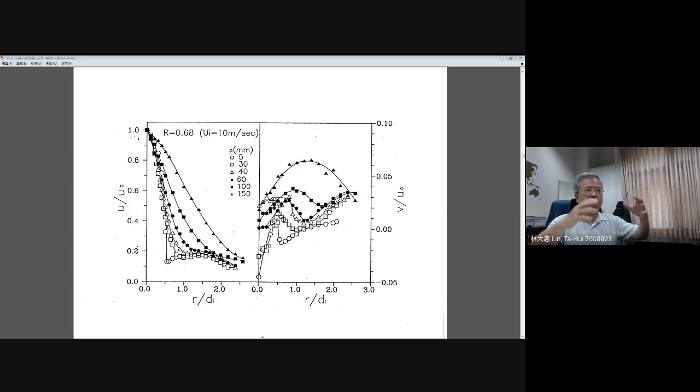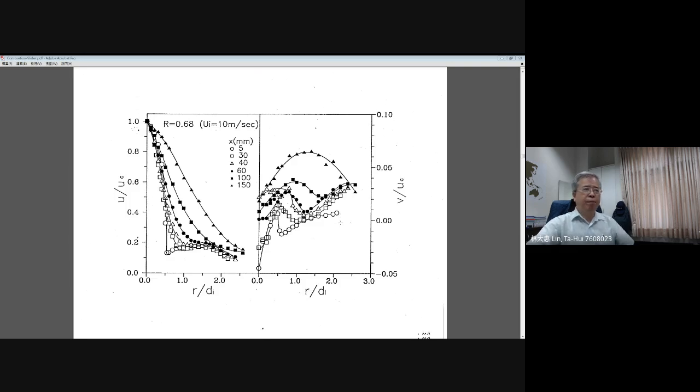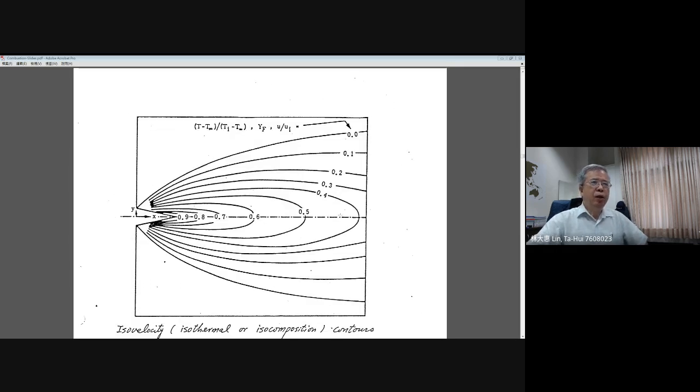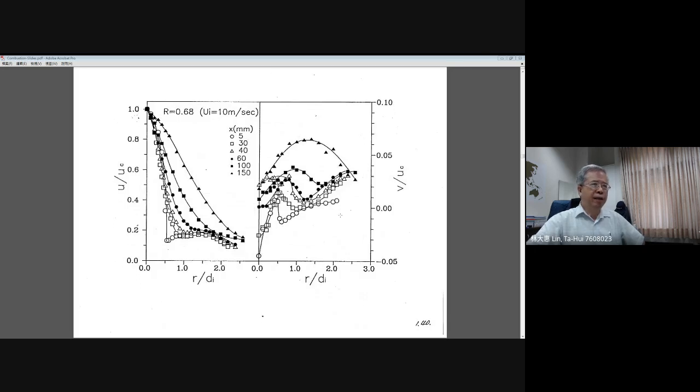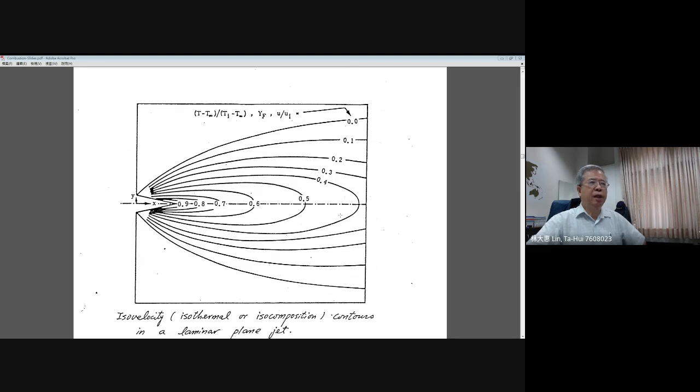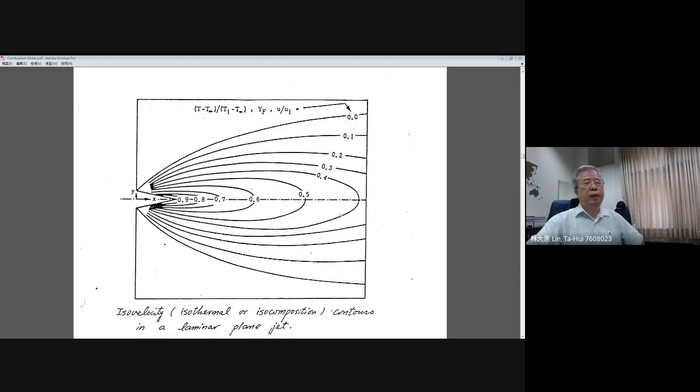Okay, they will grow. When you move downstream, they will show you the same distributions. And here, the radial velocity gives you the same distribution, very similar to the single jets. Okay. But anyway, those kinds of velocity measurements of a given cold flow give you an idea. If you do the analysis, even for the numerical calculation or theoretical prediction, usually you will have this plot, as